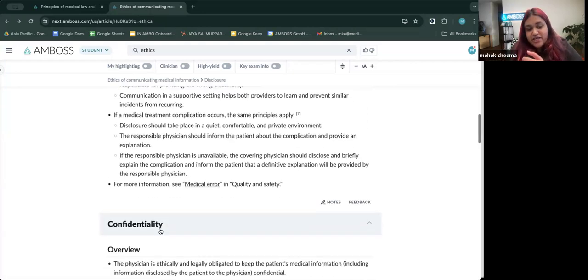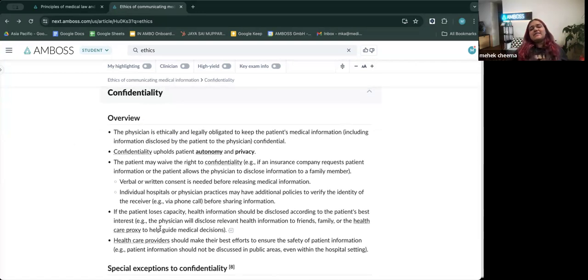Apart from that, confidentiality. Confidentiality is again something that proves itself with autonomy and privacy. It is something that's often talked about in ethics, actually. We talk about confidentiality mostly when we talk about minors, when we ask whether we should reveal something to the family or not. One more part where this becomes very important is a question we got in the past 2 sessions, that is sexual history taking. Sexual history taking is also one of those situations where privacy and confidentiality become very, very important.